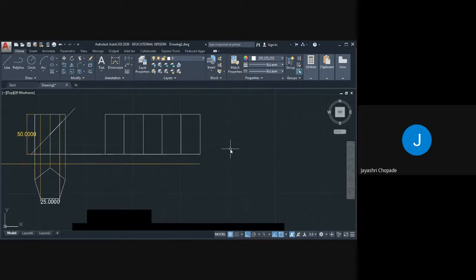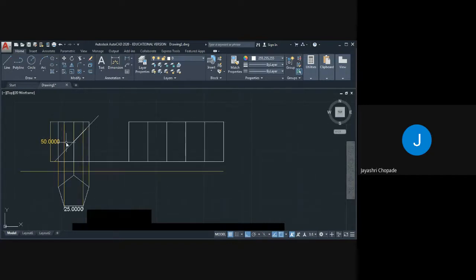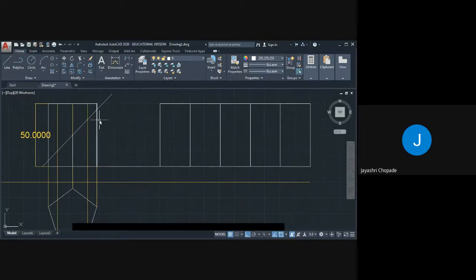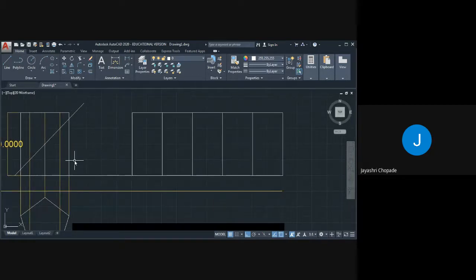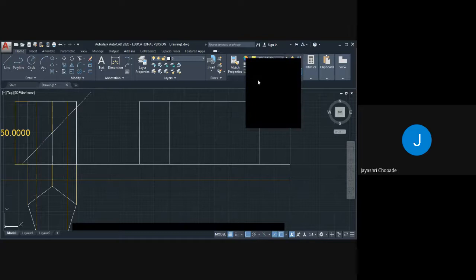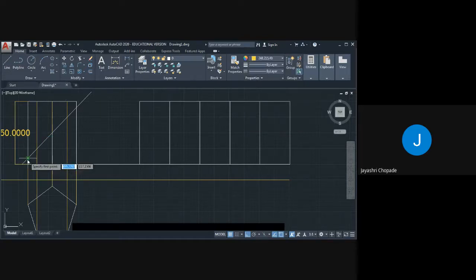So this is the development. As we know, there is an inclined line which is 45 degree. Here we can show the cutting part. So after cutting, the upper portion will not be visible, so it will be faint. So draw all the projection from each point. Here we will select another color, go to line command and draw the projection.